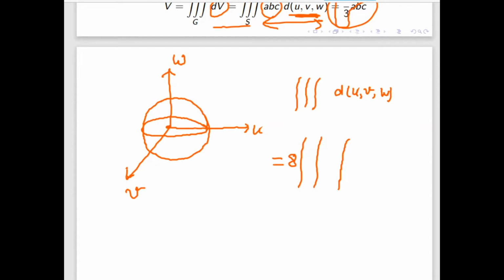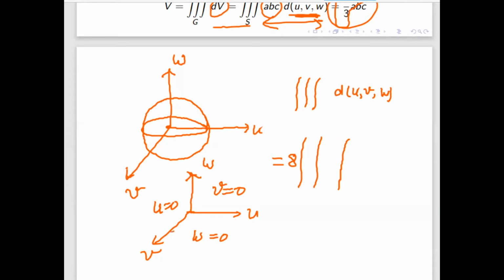So I will just draw that picture. That means the region bounded by z equal to 0, or w equal to 0, because we are in the UVW plane. This side is v equal to 0 and this side is u equal to 0, and then the part of the sphere is only where u, v, and w are positive.